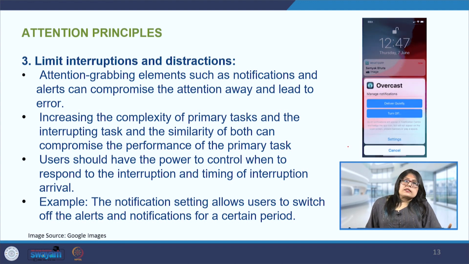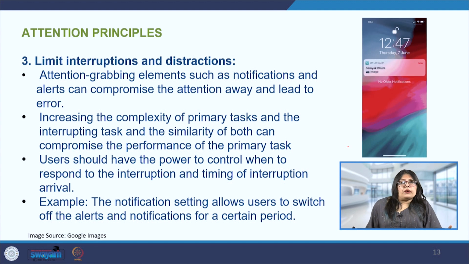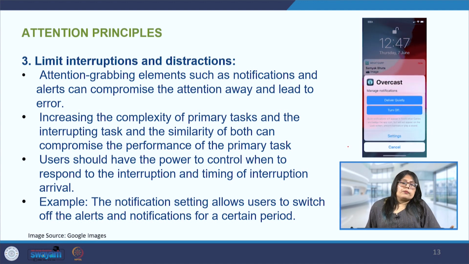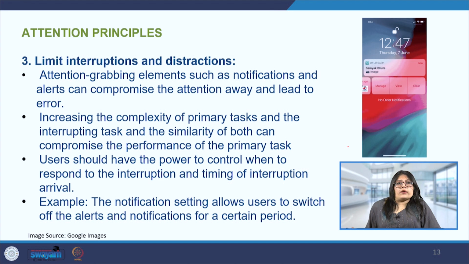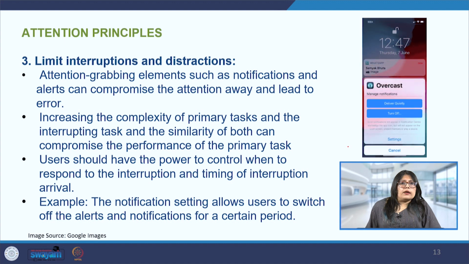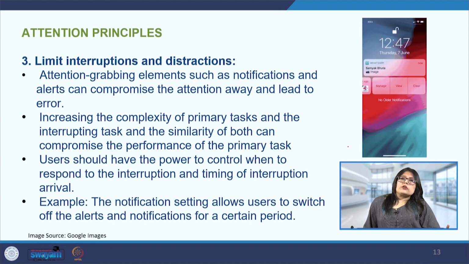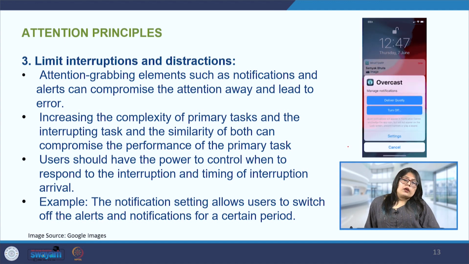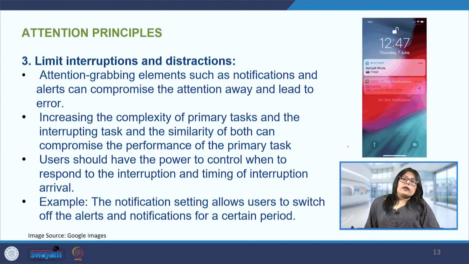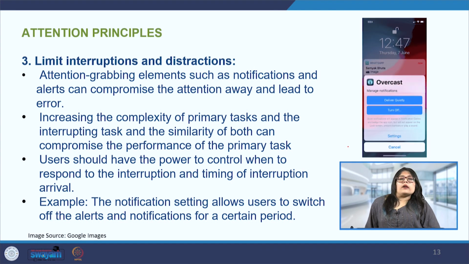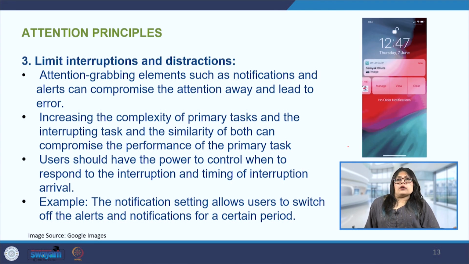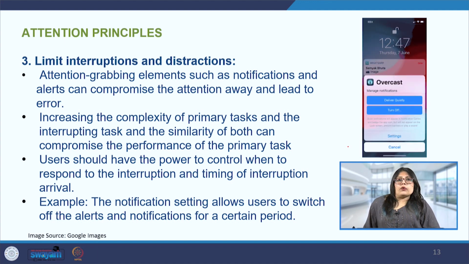So sometimes the system is not able to distinguish between what is the primary task for the user and what is secondary, and in that whole process the user may get distracted and the primary task may go unnoticed, or they may make some error there. So in this case, the user should have the power and control that we have discussed, so that any error is not made, and if it is made, they can undo that error. Here the control can be given to the user, wherein they may choose to respond to a particular interruption or not.